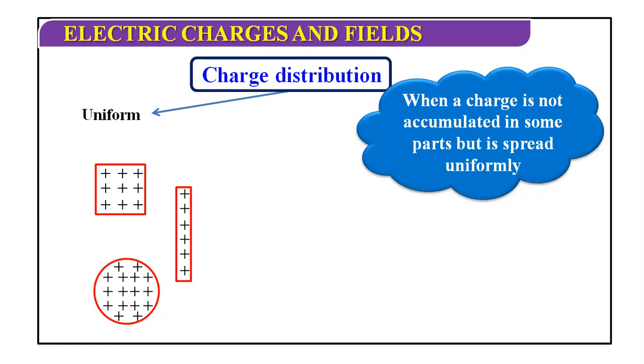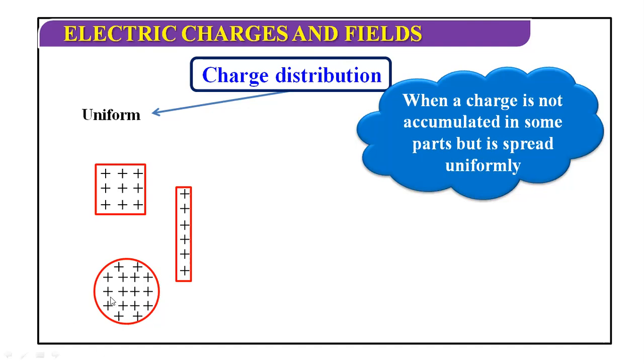हाँ, अगर यहाँ पे at the top of this rod तीन चार चार्जेस यहाँ इकट्ठे होते और नीचे सिर्फ दो ही चार्जेस होते, so ये नॉन यूनिफॉर्म चार्ज डिस्ट्रीब्यूशन हो जाता। बट यहाँ पे ऐसा नहीं है, किसी भी एरिया को स्टडी किया जाए, उस एरिया में इस रोड के किसी भी लेंथ सेगमेंट को लिया जाए, उस लेंथ सेगमेंट पे उतना ही चार्ज है जितना another length segment पे है। For example, you take this length segment, यहाँ पे एक सिंगल चार्ज है, ये लेंथ सेगमेंट यहाँ पे भी उतना ही चार्ज है। You take any length segment having the same charge, so it is the example of uniform charge distribution.